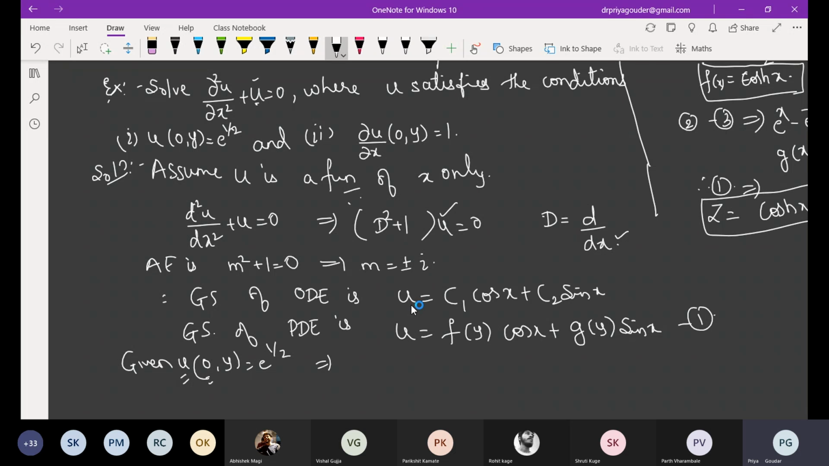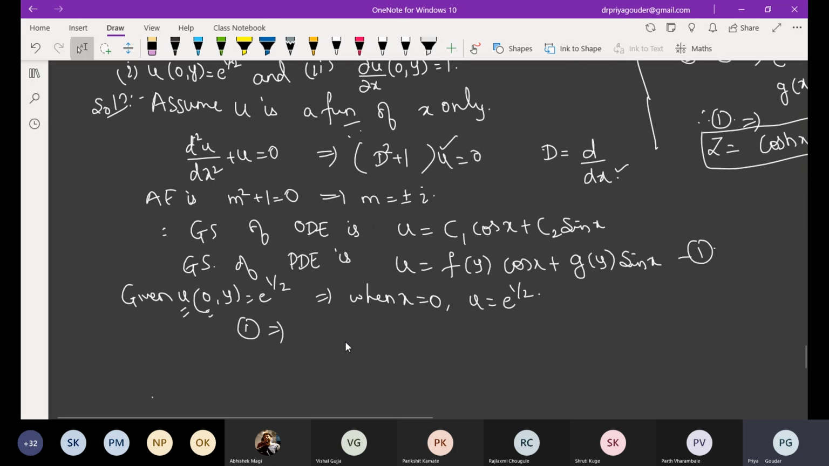Now y equal to y is no change, so it will not help me. Actually, x equal to 0 is going to help me, right? So this implies when x is 0, the value of u is e^(y/2). This can be substituted where? In equation 1, very easily. So e^(y/2) is equal to f(y) times cos 0, which is 1, plus g(y)